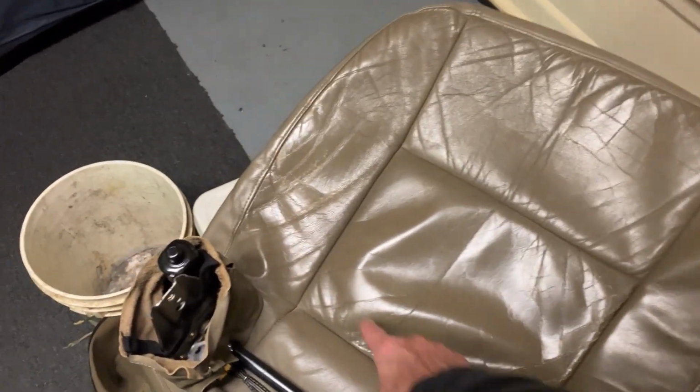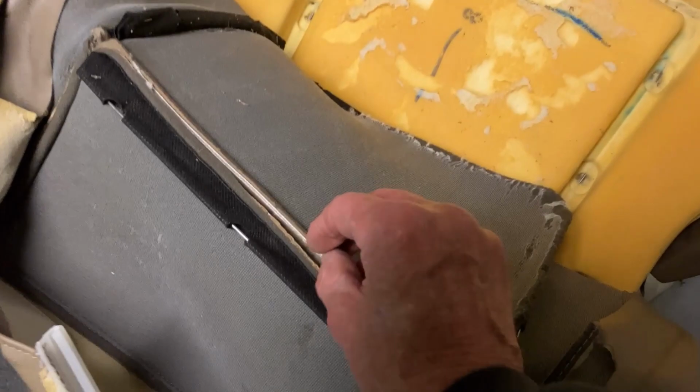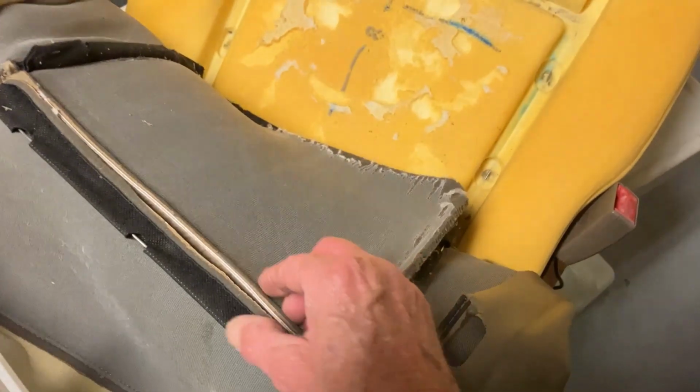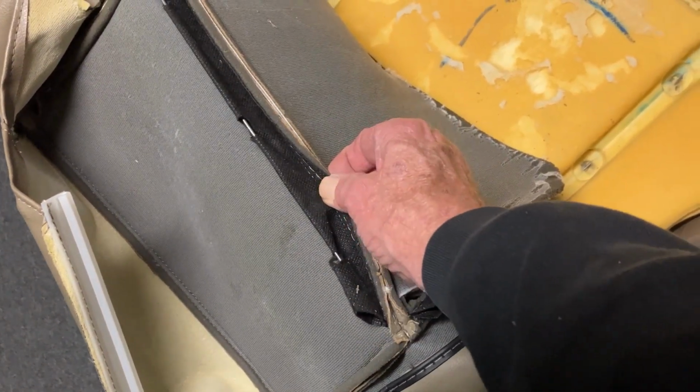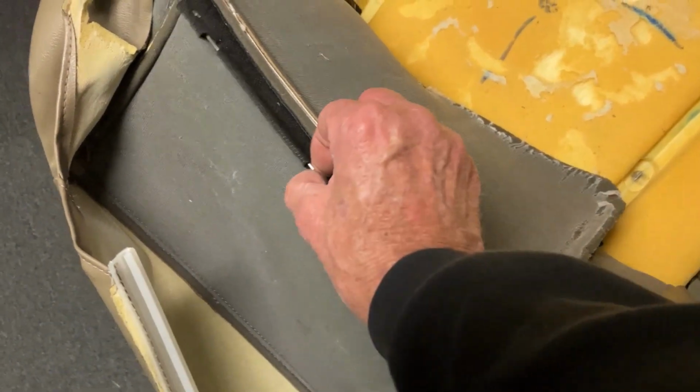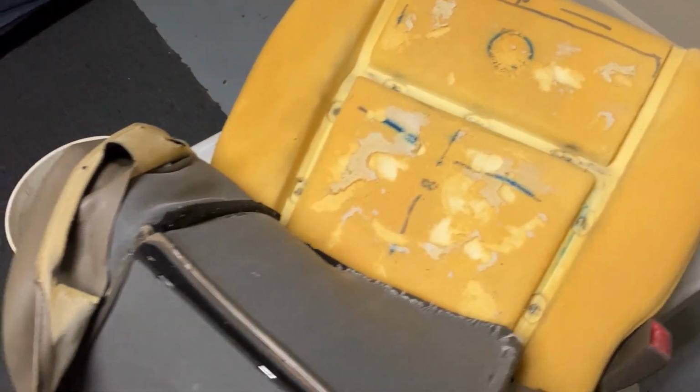What I was going to do is I have another one of these that I salvaged from that, but it would be an immense amount of work without a professional machine. I mean, look at there's stitching, double stitch on that side, stitching all along on this side up and down. The stitching goes all the way to the other side. I guess you could do it with a needle. You know, it'd take a while. But this right here, you got to have these that attach, the hog rings attached to that. Anyway, so